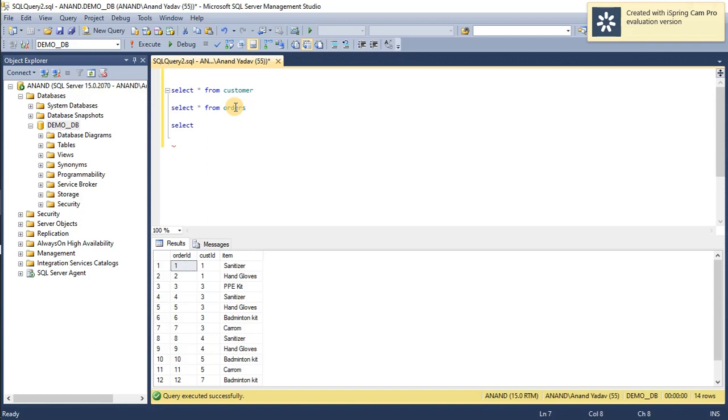So I'm just using customers as my left table, and I'm giving it an alias C, and FULL JOIN is the keyword, the syntax for the full join. My right table will be orders, and I will provide O as an alias, and my joining condition will be customer ID.